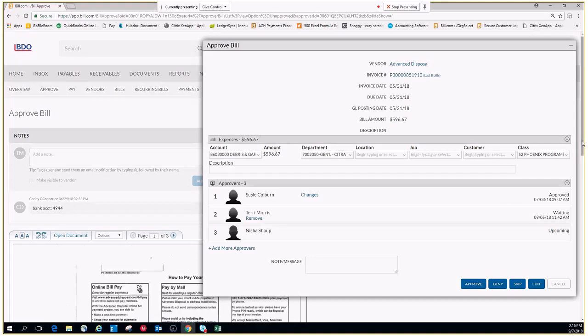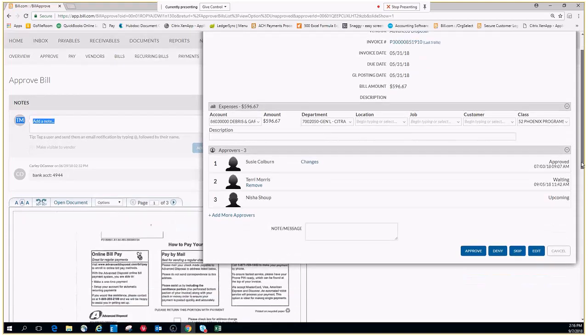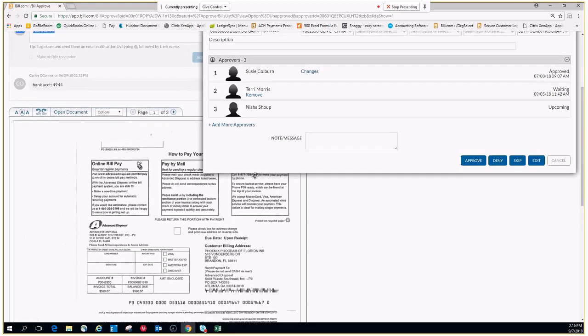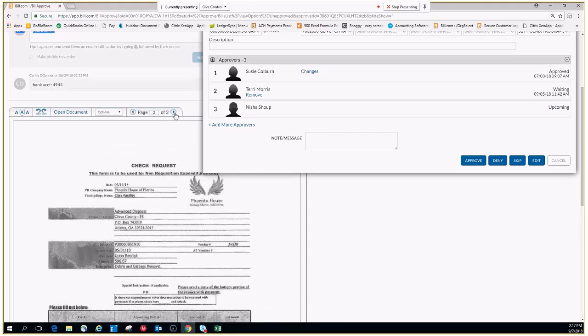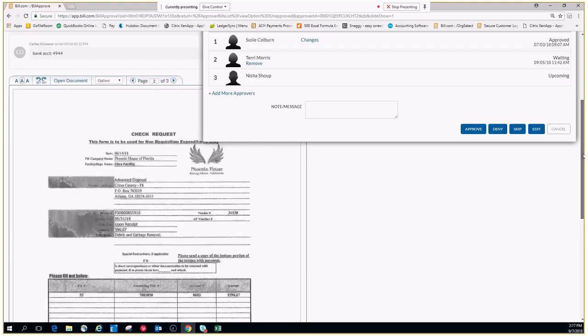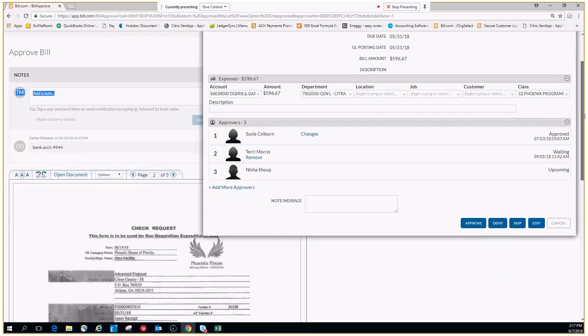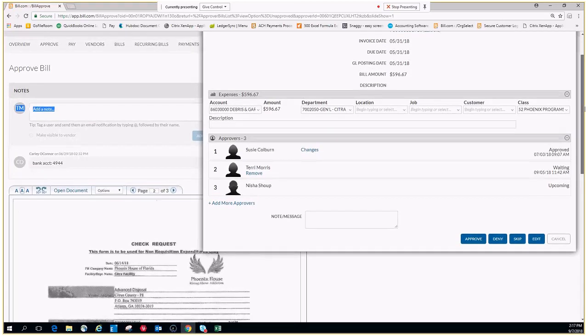Same process. We're going to look at this information in the summary box, and we're going to compare it to the documents behind it that we received. Again, you can move left to right on these documents and go through the process to verify the information. You check the date, invoice number, typical information that's here, the amounts, and this time we have 3 approvers